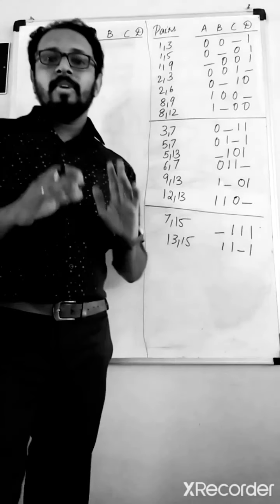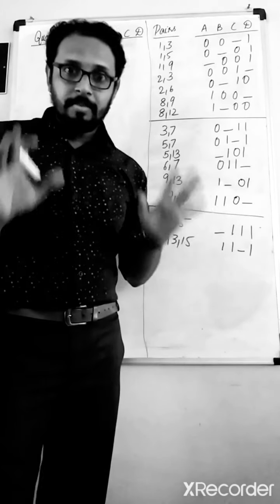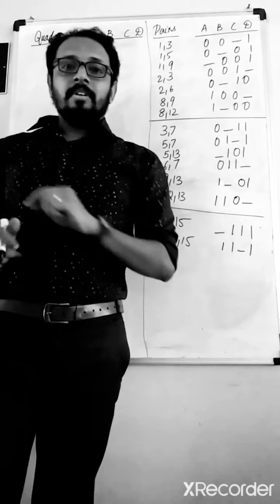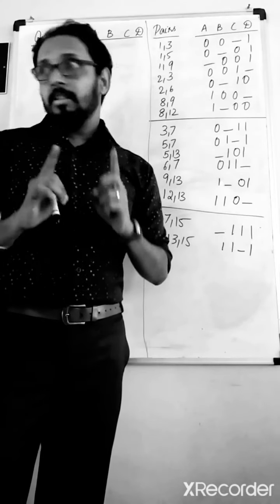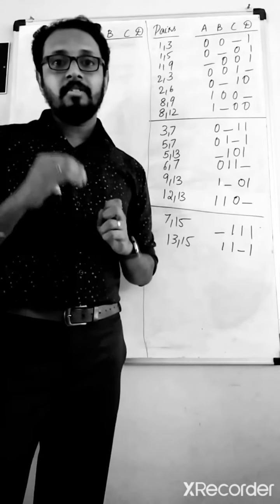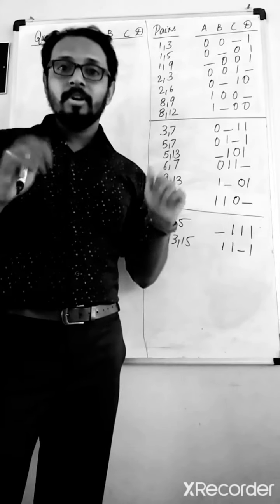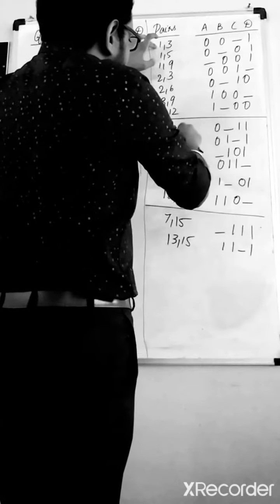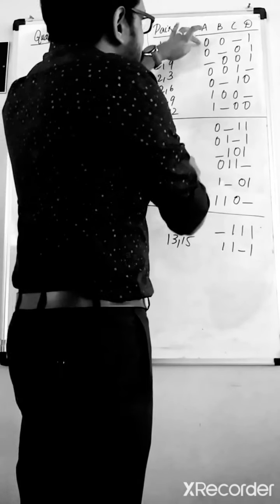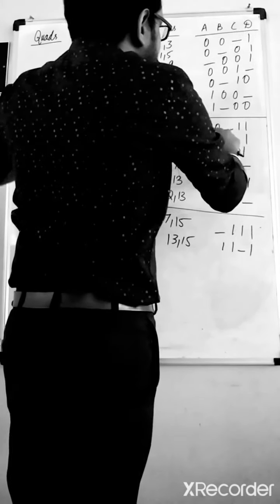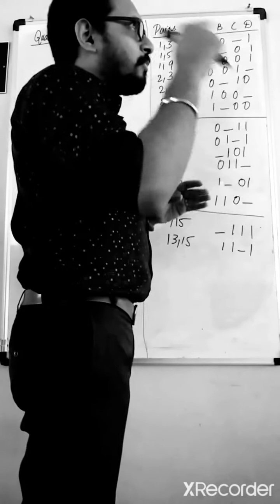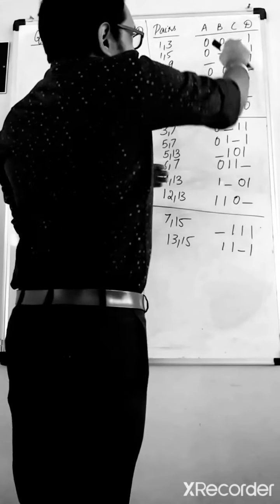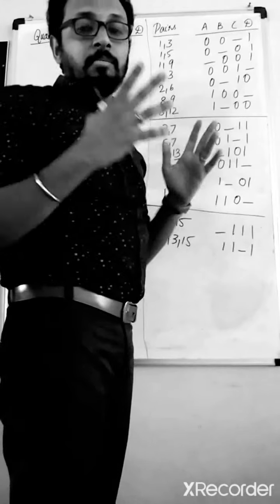In such cases, we can directly avoid such values. You know why? 1, 3, 3, 7. When redundant values are there, we can avoid that. I will give you an example directly. 1, 3, 3, 7: 0, 0, dash, 1 and 0, dash, 1, 1. We need to check for values where the dash has the same position. That's the important thing to note.